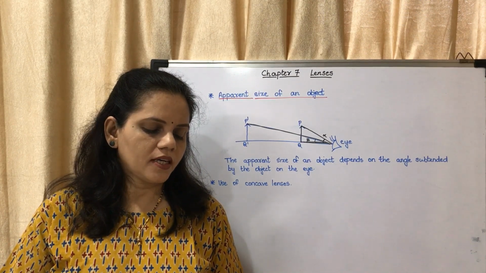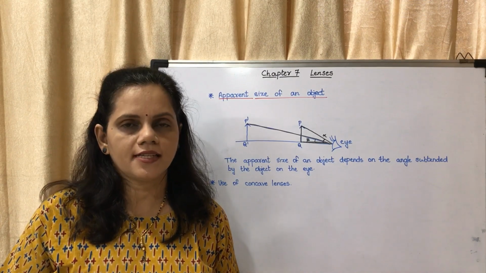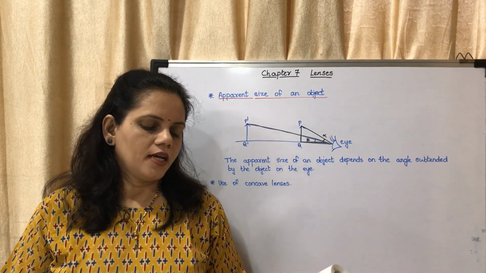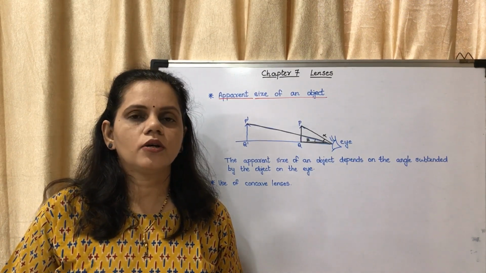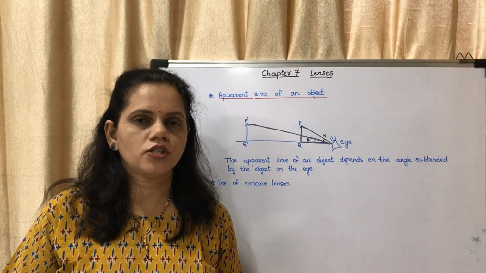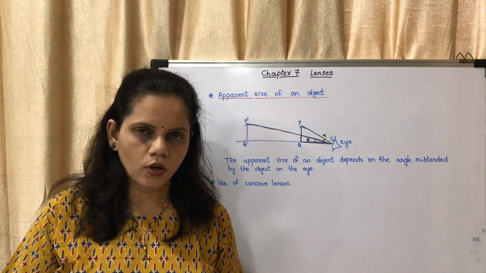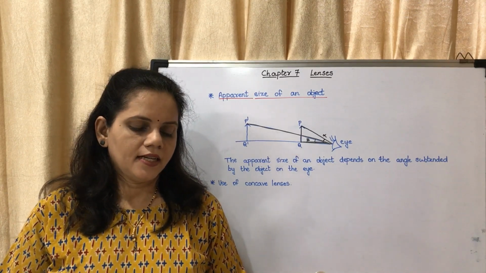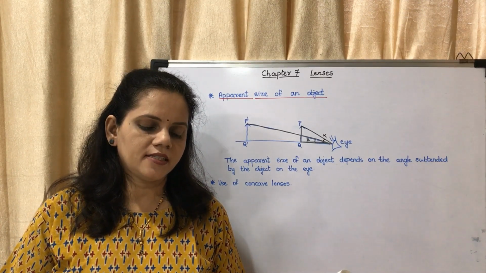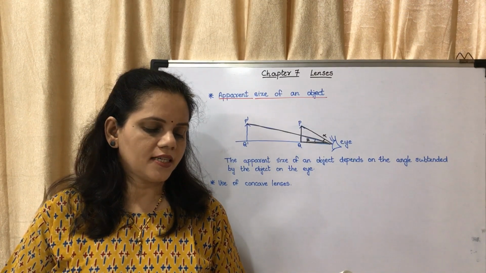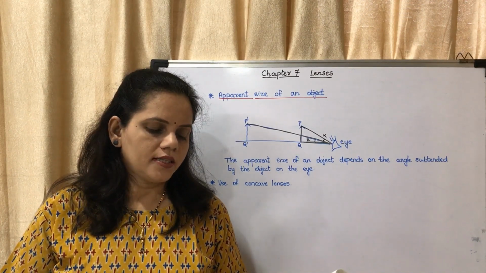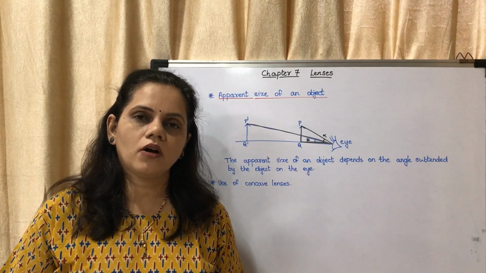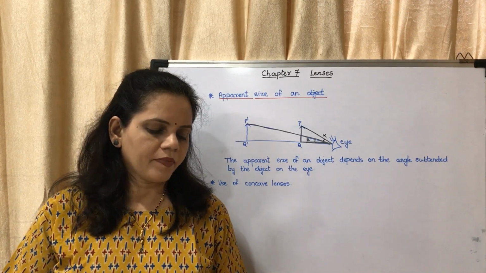For proper working of these equipments, concave lenses are used. The peephole in the door. Your front door in your houses has a peephole. That peephole consists of concave lenses. This is a small safety device which helps us to see a large area outside the door. This uses one or more concave lenses.